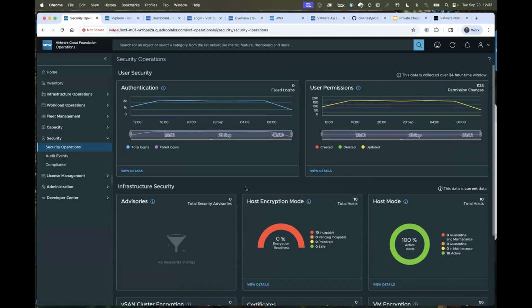But this is also a great visualization of security components that you might be concerned about. For instance, we can see authentication actions that have occurred here. We can see our total logins. We can see failed login attempts. If we see failed login attempts spiking here, we could certainly alert ourselves. And then user permissions being changed, also potentially an issue in the environment. If we see a change in what's normal here, that might also drive some investigative work.